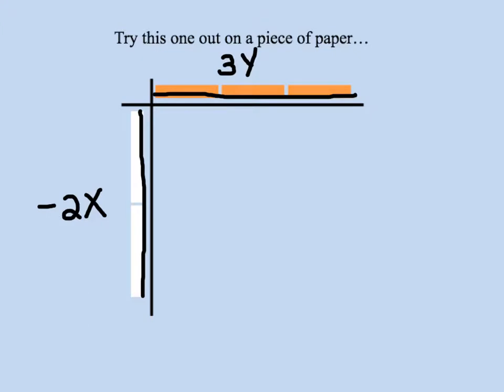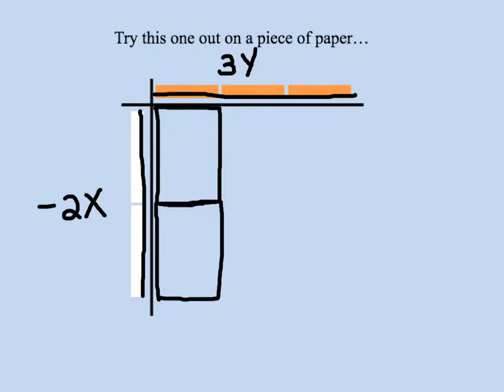The tile that would fill this length and this width would have been a negative xy tile because remember, a positive and a negative multiplied make a negative. And underneath, the same thing, a negative xy tile would fill this space. And again, based on the length and the width, a negative xy tile. And all together, to fill this area, it would have taken 6